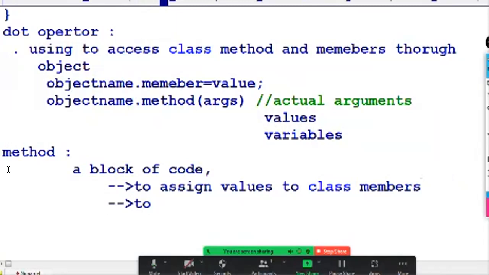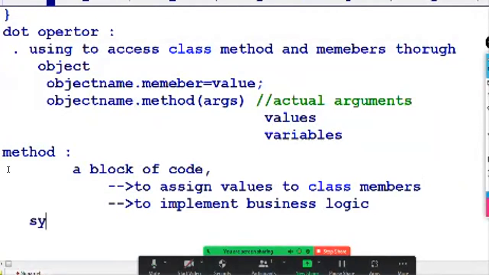A method is a block of code which is used to assign values to class members and also to implement business logic. Business logic is nothing but the requirements, the purpose of that method that we write. So what is the syntax of a method in Java?